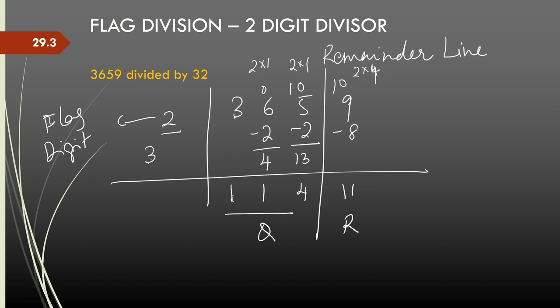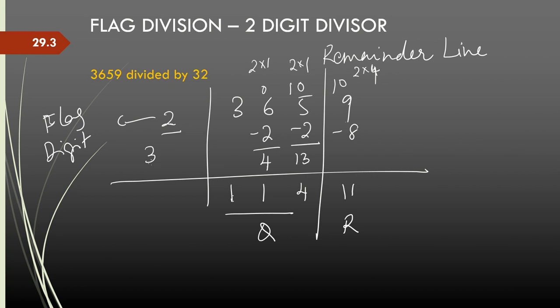So I start dividing. 3 divided by 3 is 1 times. So carried forward is 0. Then I adjust for the 2, 2 into 1, and subtract from 6. It gives me 4 as the adjusted or the revised dividend. 4 I divide by 3, that is 1 times. Carried forward 1 is carried forward as 10. Then I adjust 2 into 1, minus 2, that becomes 13.